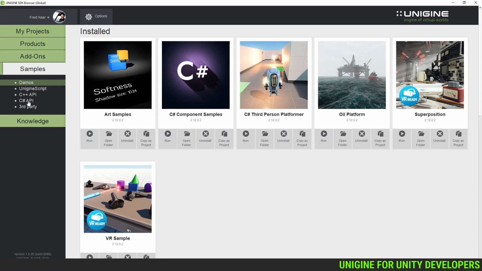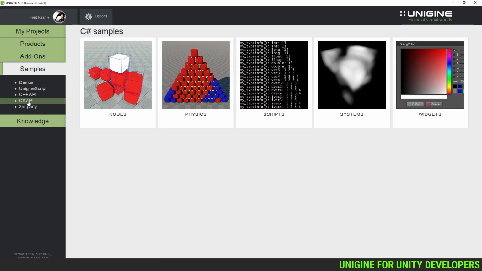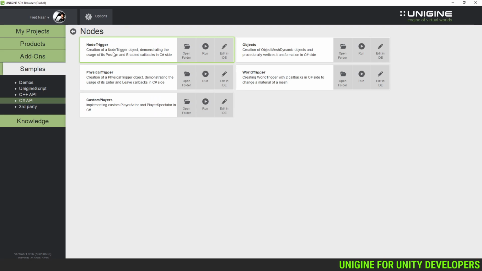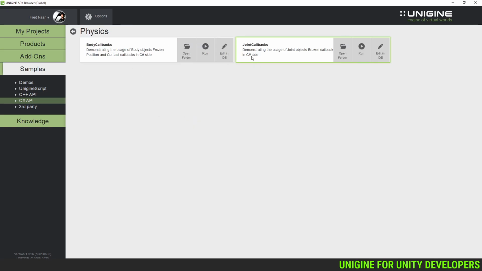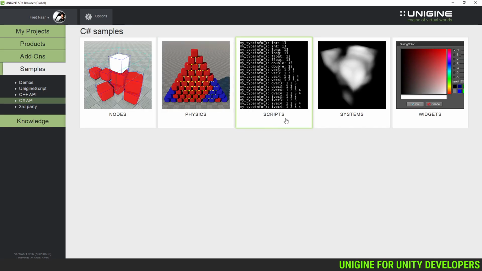And then you have what I would call micro examples. Like, for example, you want to know how to work with nodes, which are game objects. And those are actually installed within the editor directory, okay? And those are mini examples that you can run and see what they do. And you have them for the three APIs. So if I go back, you see you have a number of them: physics, body callbacks, jump callbacks, scripts,